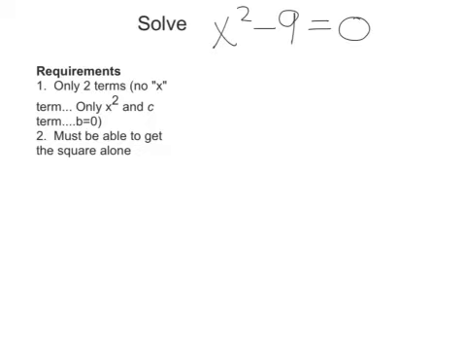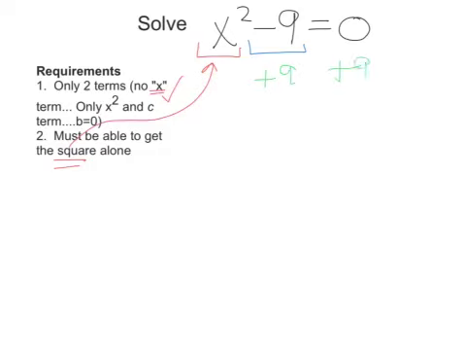So our first example is asking us to solve x squared minus 9 is equal to 0. So we go through our requirements, and there should be only two terms. We have this x squared term, and then we also have the number minus 9. So there is only two terms, and none of those terms just have a regular x in it. So we're good with that requirement. Now we have to be able to get the square alone. So what's being squared here? Well, that's x squared. And I can get that alone if I were to simply add 9 to both sides,